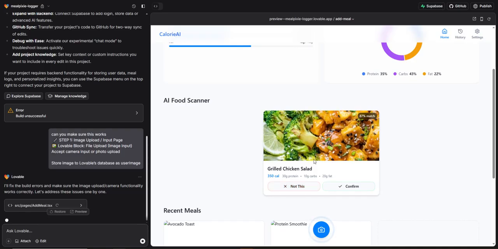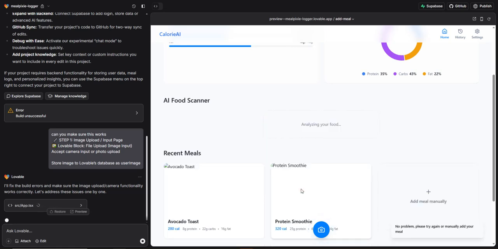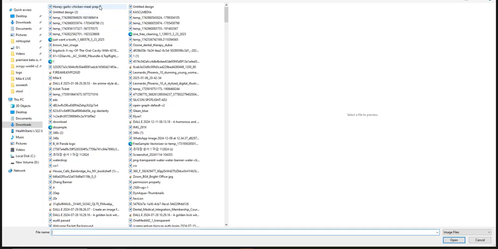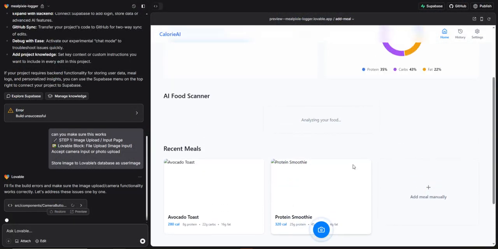So this one isn't a grilled chicken salad. It looks like a quinoa or like a chicken rice bowl. So I'm gonna press "not this" and see what happens. It says, "No problem. Please try again or manually add the meal." Aha. So let's go one more time and see what happens if I